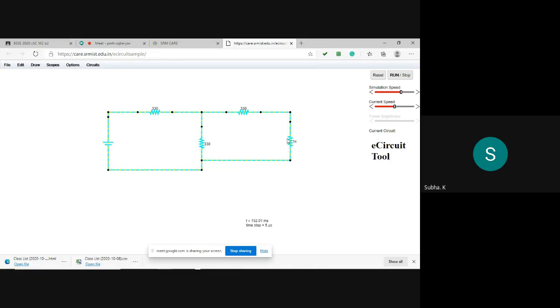Just now in theory I have explained, no? Ma'am, we have to open this 1K one. I will open it in this case. Yes, ma'am. Okay. I will first stop the simulation, then I will open it. Then I will connect one.